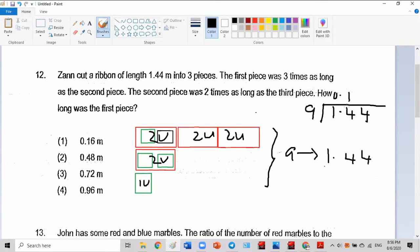So what? 1 times 9, 9. 14 minus 9 is 5, right? 54, 6. Can you see? 6, 54. But we are not done because we haven't found 1 piece only. 1 piece is 0.16 times...